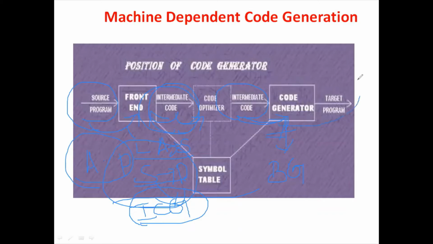So this is for code generator. So code generator, what will we do? Code generator is the final phase of the process of compilation. It takes an intermediate representation of the source program as the input and produces the equivalent target program as the output. Code generation is the process of creating assembly language or machine language statements which will perform the operation specified by the given source program.